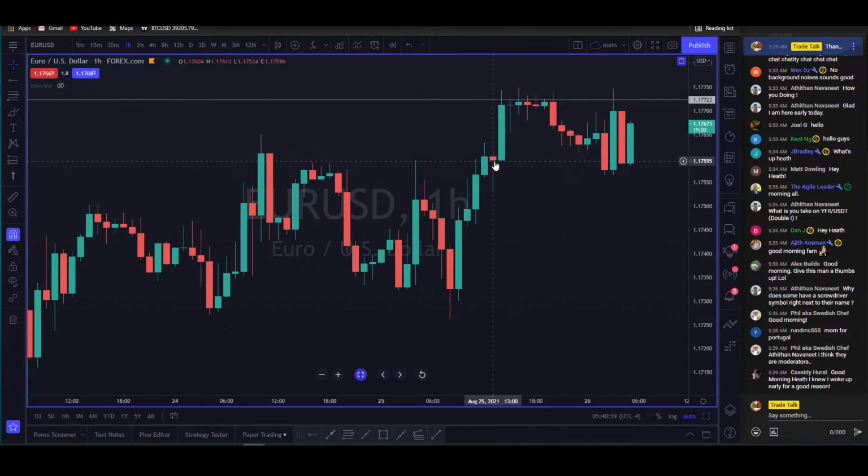Here would have been hourly support, right? You closed below it. This is looking like when it starts printing piano keys, you've got to be very careful. You can get chopped up in this, right? If you're looking for longs, you are looking for them as close to 1.7588 as possible. Down here on this candle's close, that's where you want to look for your long position. Stop down here. If you're looking to short this asset, you do not want to see this thing close an hourly candle above 1.17710. This level here.